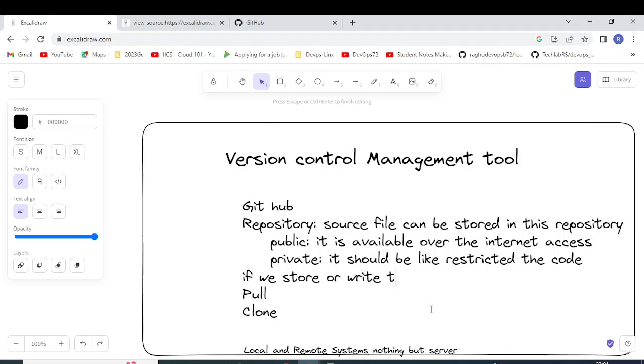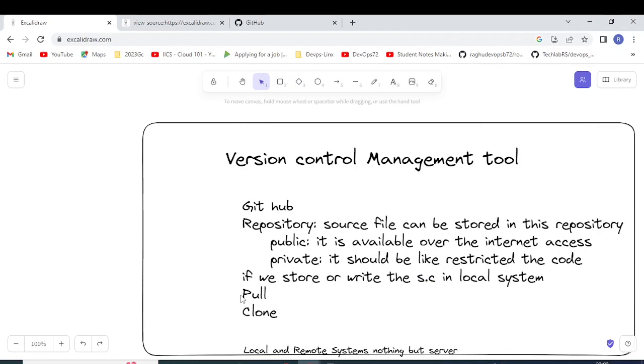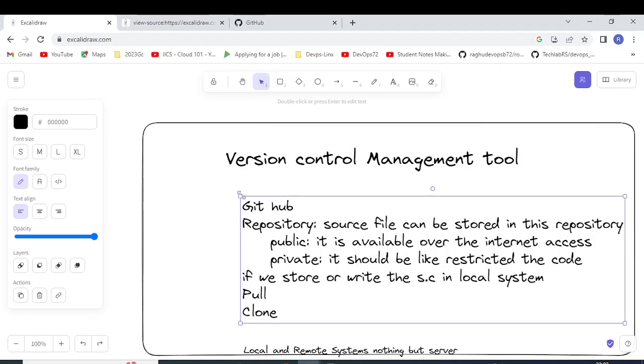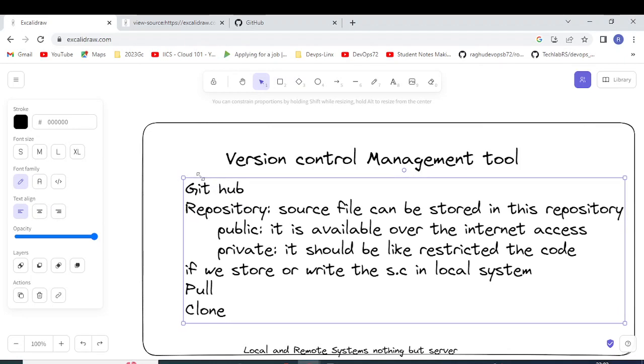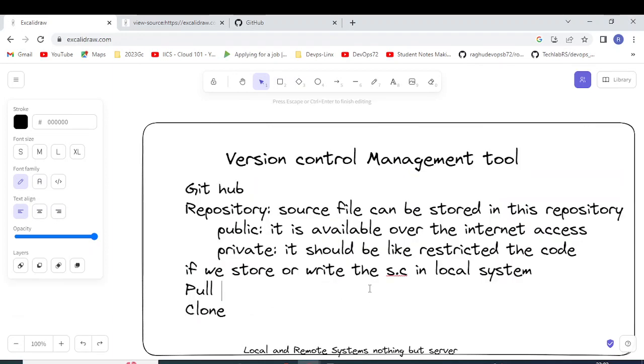SC stands for source code. If we want to bring that source code from the local system into the cloud, that is, into the GitHub server,